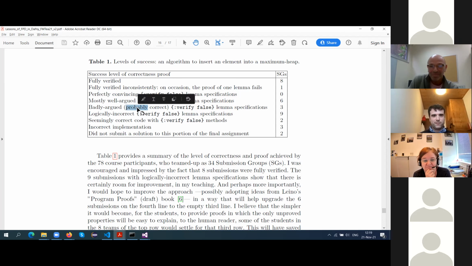But you had some students that really didn't argue correctly, or they had logically incorrect lemmas. And it doesn't mean that there was a bug in the program, but it means that maybe the invariant was not strong enough. And some of those students will be really frustrated, saying that, well, there are bugs in Dafny. It's all about bugs in Dafny, or stuff like that. So I'm not always successful in really making them fluent in phrasing the proof obligations correctly.